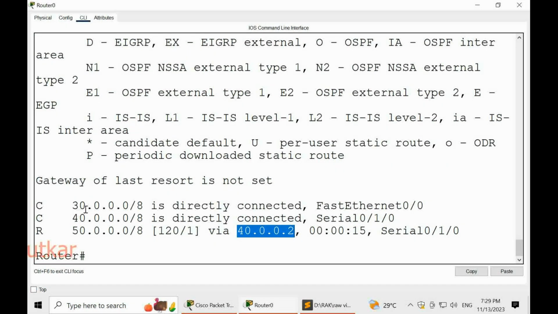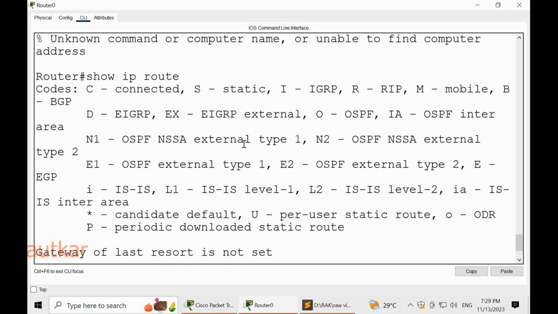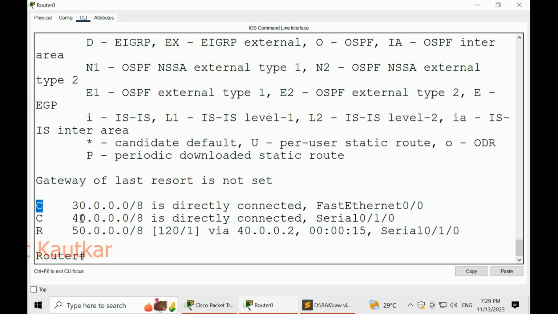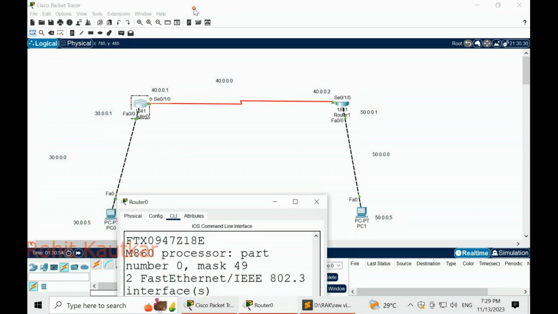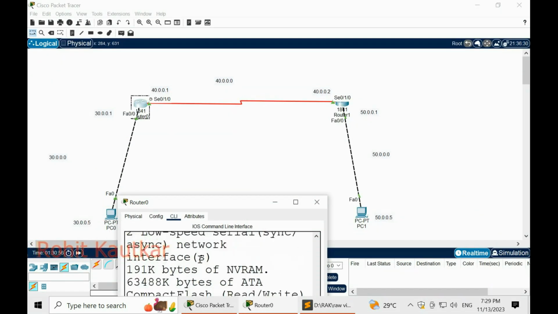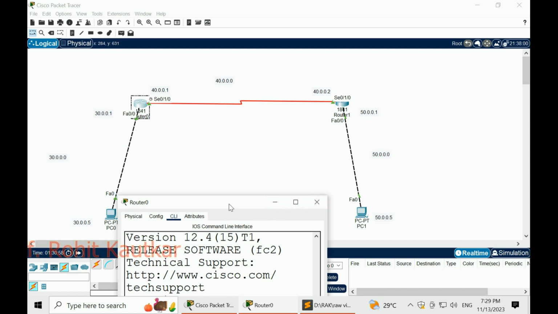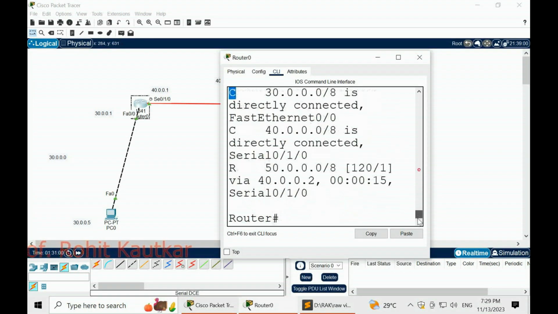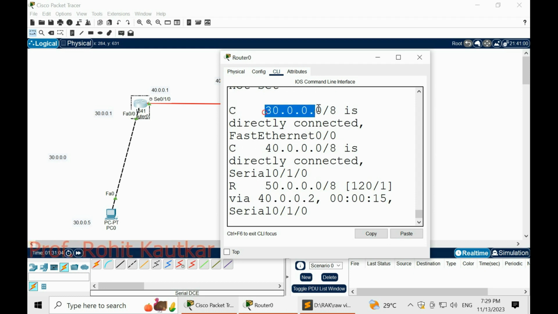So here this C is showing you to which networks router 1 is connected. So router 1 is part of two networks. You can see the first network is 30.0.0.0 and the second network is 40.0.0.0.